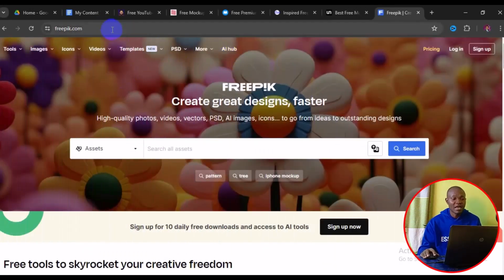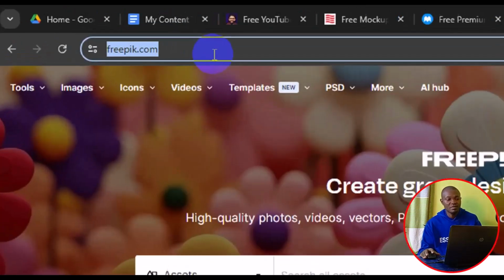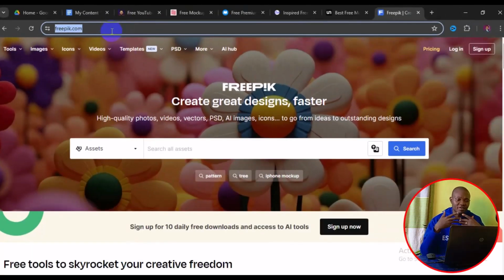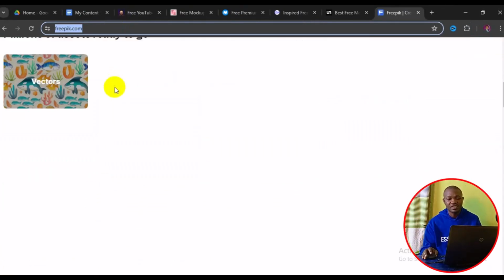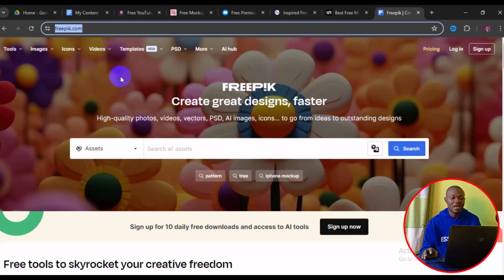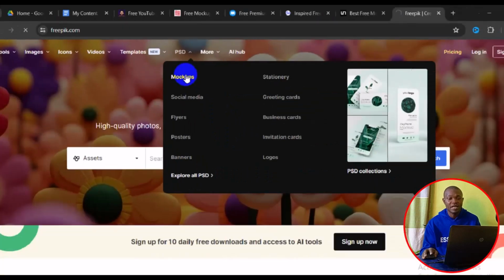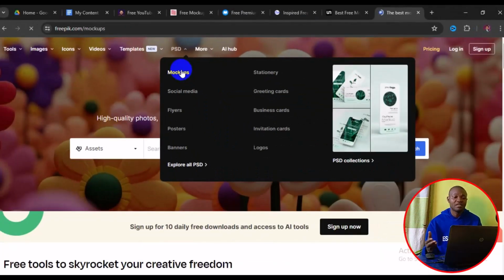So the very last one right here is freepik.com. This is a very popular website that offers variety of graphic stock for free. But in this tutorial, what we are mostly concerned here is how we can get free PSD mockup. When you get to the site, this is how it's going to look like. What you want to do here is to simply navigate to PSD from the home tab right here. From PSD, make sure you navigate to mockups, click on mockups, then it's going to refine all the site and